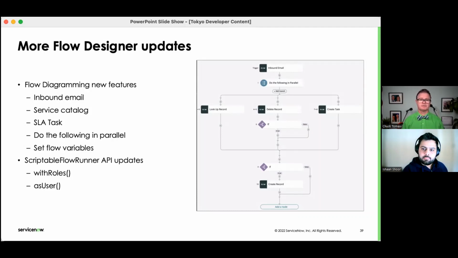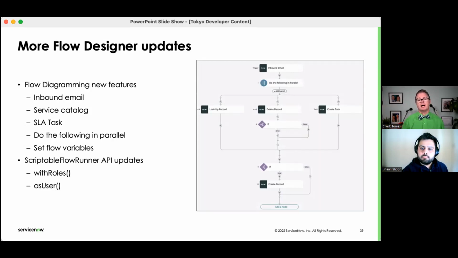I like building subflows. They're a nice library of stuff to do. You don't have to do everything in a script include anymore. You can use subflows as sort of that functional library. When you build a flow or a subflow, there's a box that says, run with roles. I want you to run while this flow is running. The person who's running it is going to temporarily get this role applied so that they can read or write